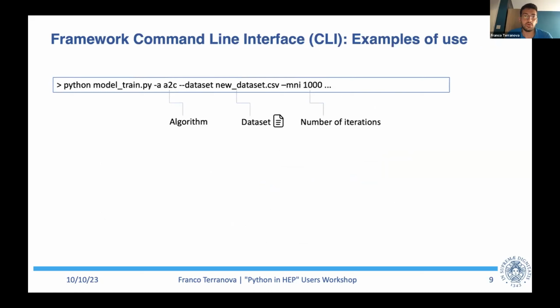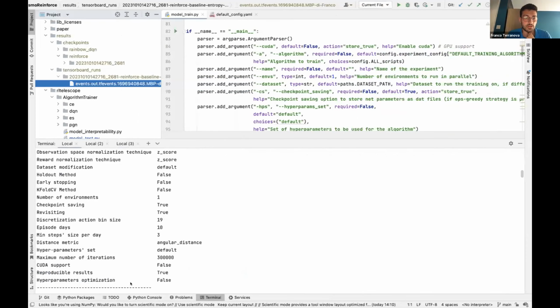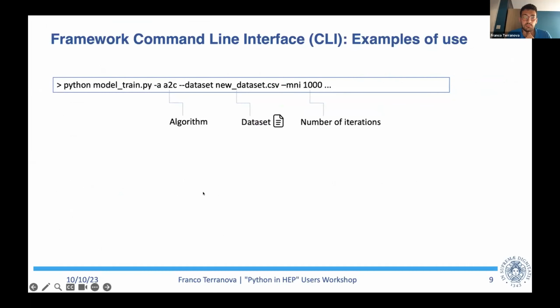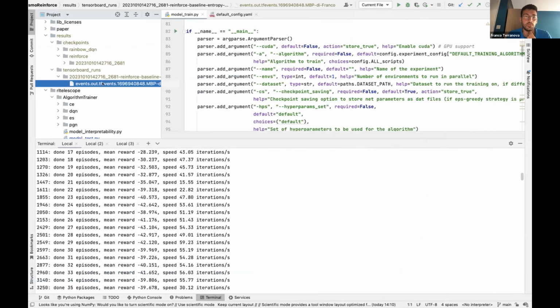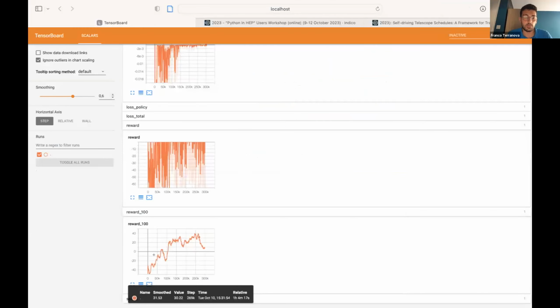And here we have an example of our command line interface of the framework. We can set the algorithm, dataset, and the maximum number of iterations. We have an example here, so we're going to see some hyperparameters of the algorithm, the structure of the network, and all the training process, which can also be seen with TensorBoard, because checkpoints and TensorBoard runs, as we saw, will be generated, and using a proper command on TensorBoard to see all the metrics we plot. Here we have an example of the average reward during training.